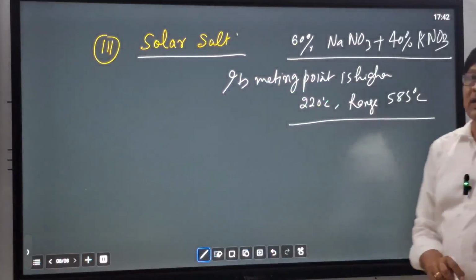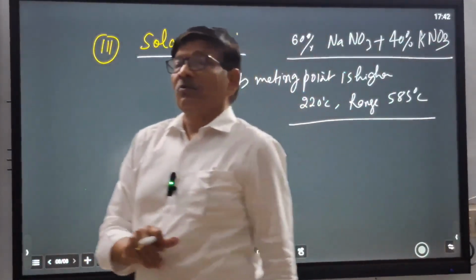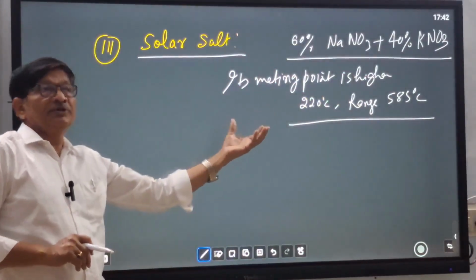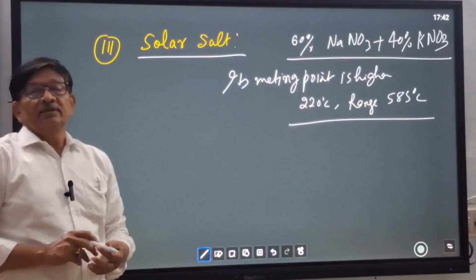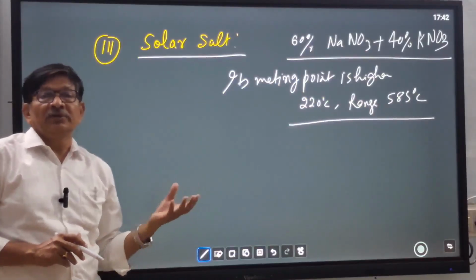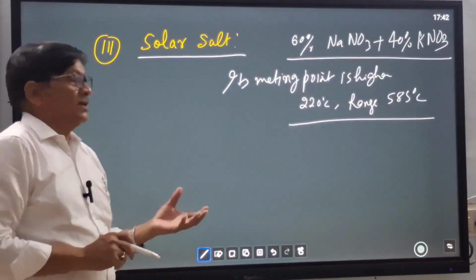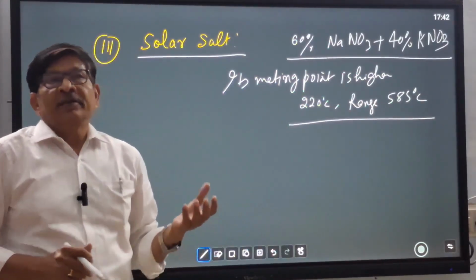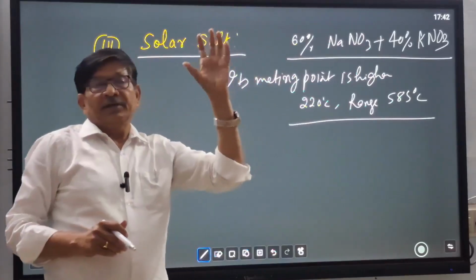From 220 to 585 degrees centigrade is the range up to which we can use this solar salt as an energy storage material, and this can be used for the generation of electric power and in heliostat type, meaning central receiver type,